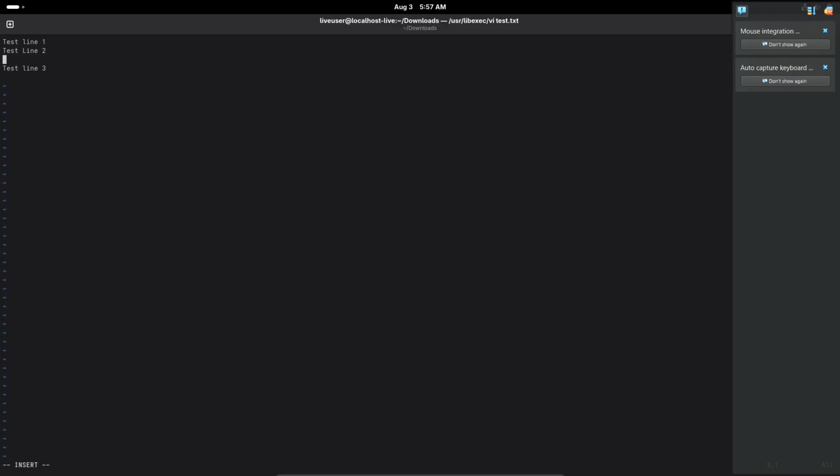Now I'll escape from the insert mode again, and then I will tell you how to move around. Moving around is pretty easy. You have H, J, K and L, which are consecutive keys on your keyboard. So J and K are basically